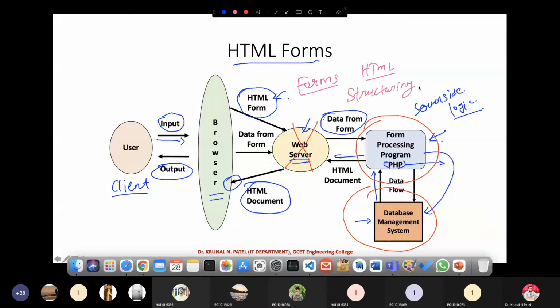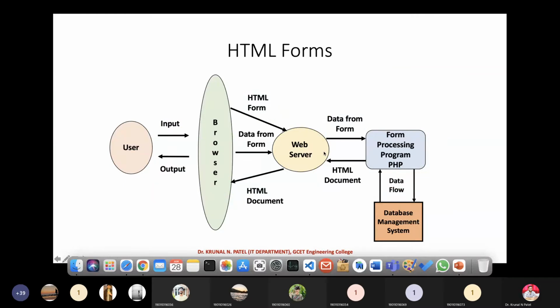So how can we design a form to take some input from the user? For that purpose, we design the HTML form to send this data to the server for further processing. This is the overall scenario we have.